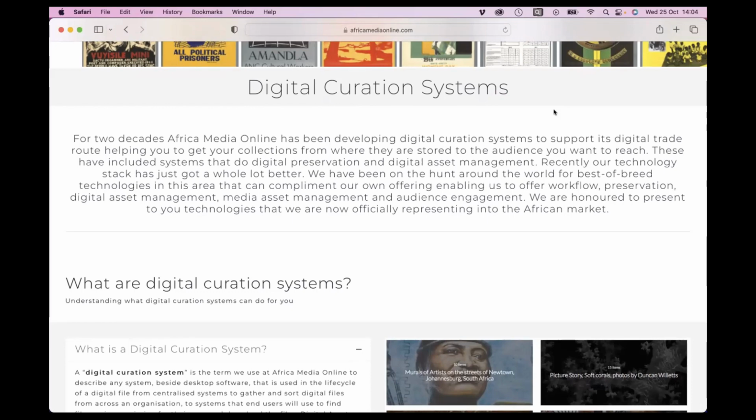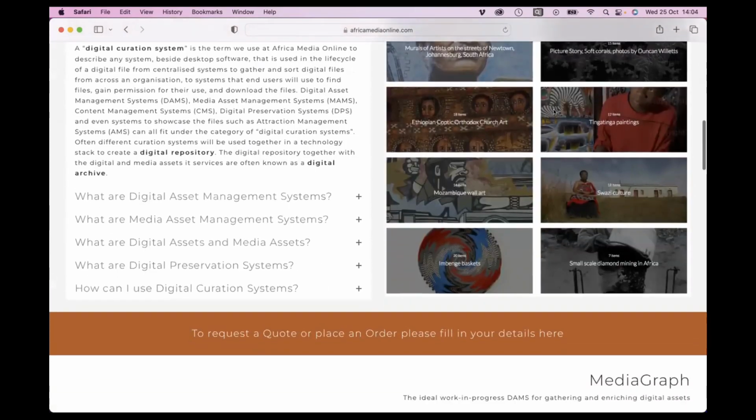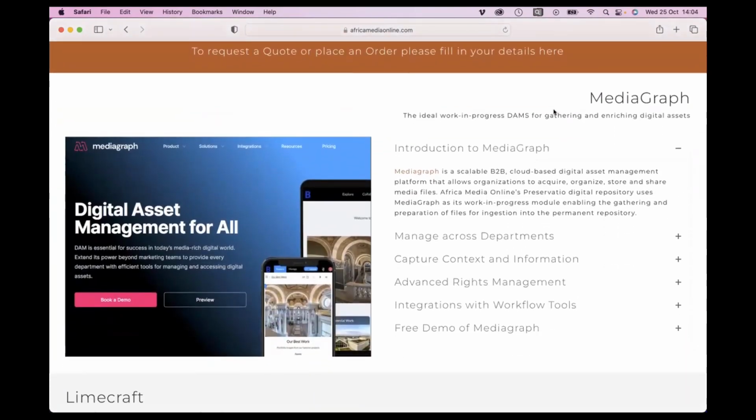So we still speak about ourselves as having the Preservatio stack, but part of that stack are other systems that are complementary to one another. And the first of those really is Mediagraph, which we're obviously going to be speaking about today. And we've got Peter on the call, who is really the media brain behind Mediagraph, and who has a distinguished career in media management and in helping media organizations, and particularly photographers, know how to manage their content in the best possible way. So I'm very excited about Peter being on the call with us and being able to showcase this